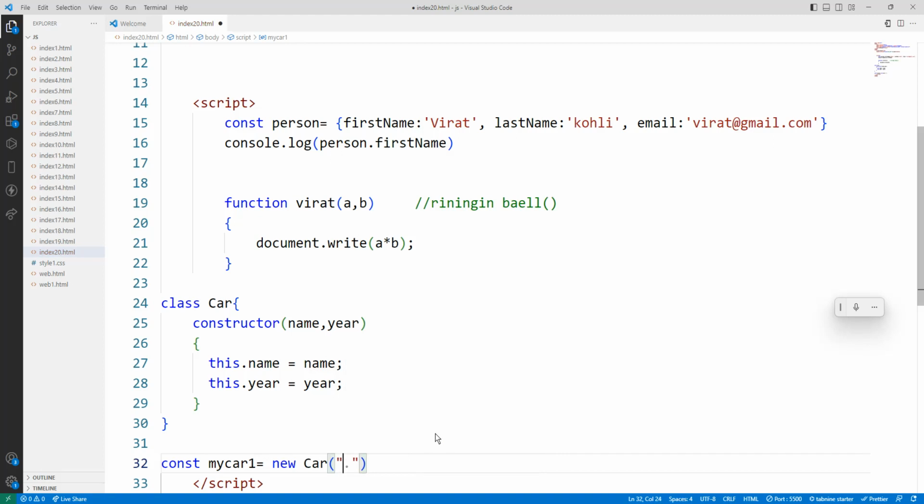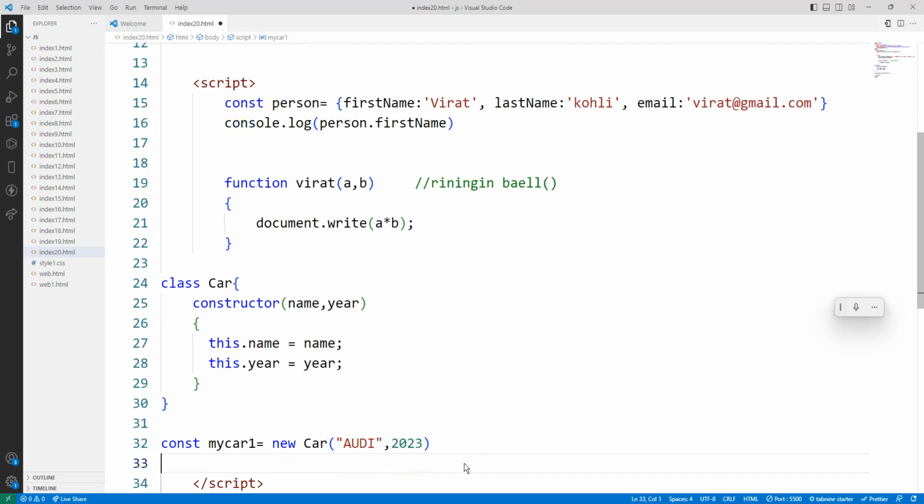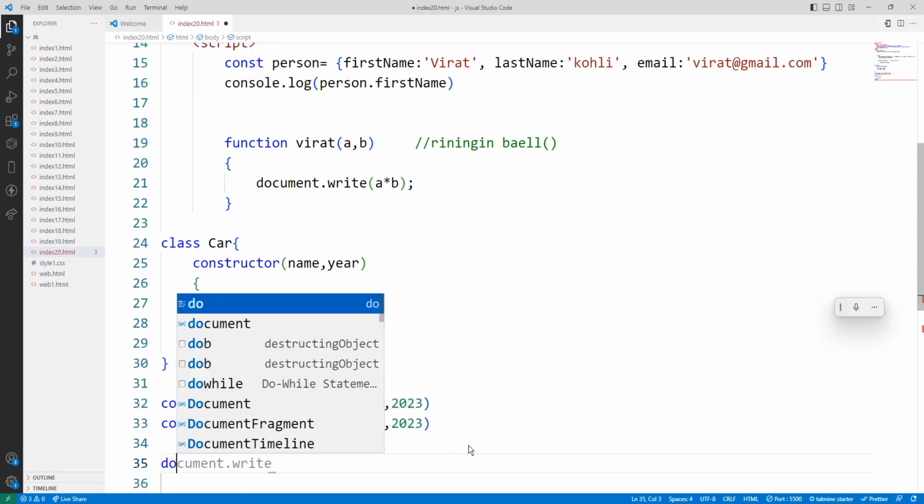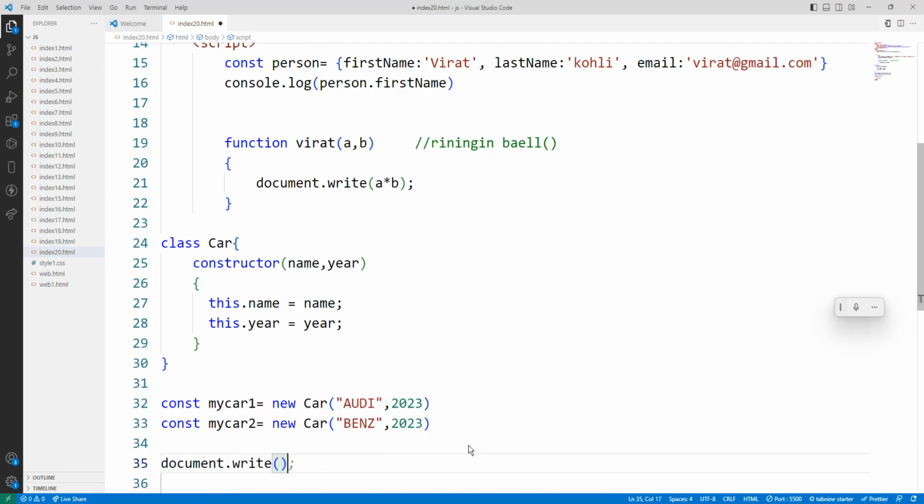What is the name? The name will be something like Audi, and the make year will be 2023. So you can create n number of car constructor objects. The constant myCar2 equals new Car, Benz, 2023. Okay, so now what happens? So here, document.write, the myCar1 value is